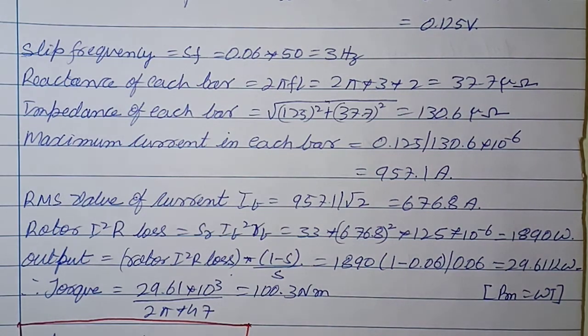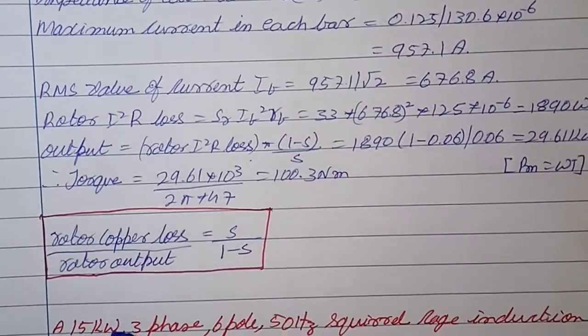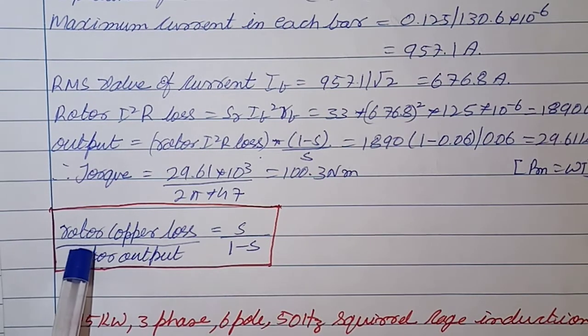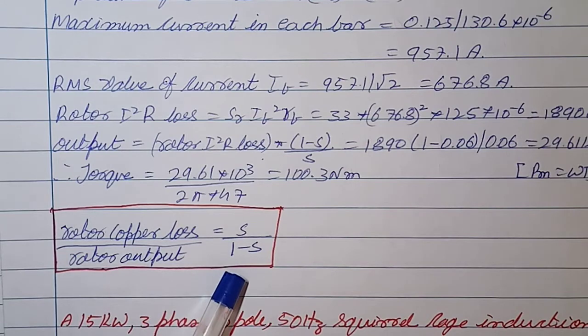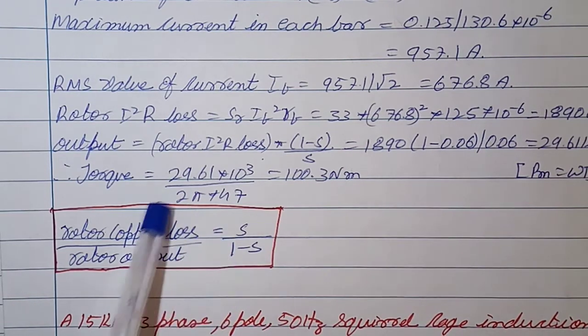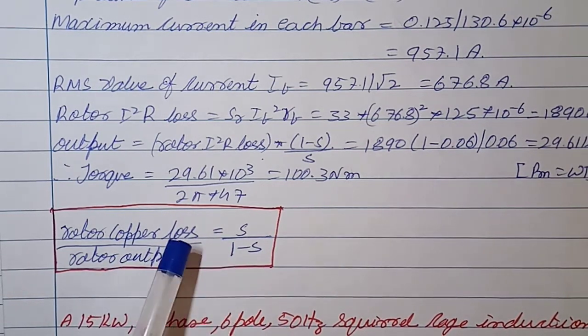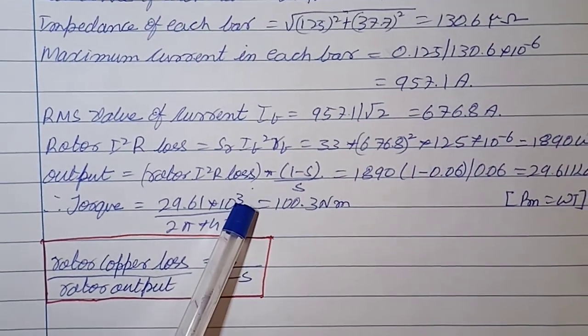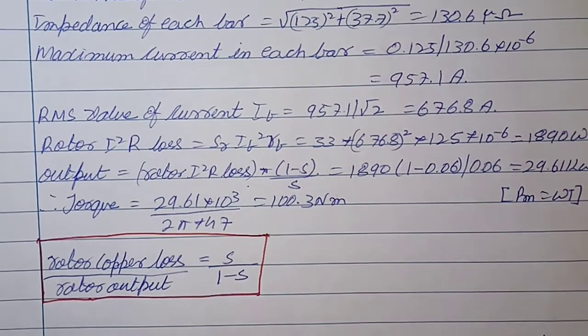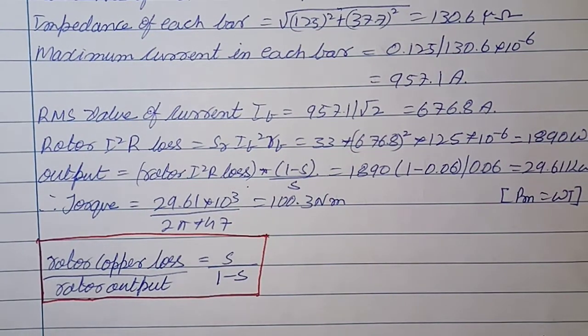So output is equal to rotor I square R loss into 1 minus S by S. Okay, so that we get by this very known relation: rotor copper loss to rotor output is equal to S by 1 minus S. So from that the output will be copper loss into 1 minus S by S, that is what is being done here. So it is 1890 into 1 minus 0.06 divided by 0.06, which is